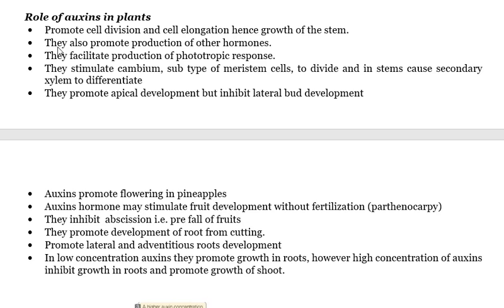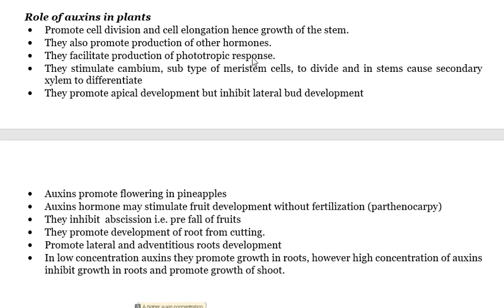Also, the second role of Auxin is that they promote production of other hormones. And the third role, they facilitate production of phototropic response, that means they have an effect on phototropism,